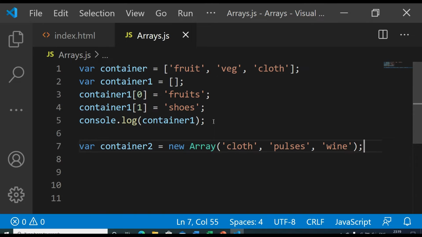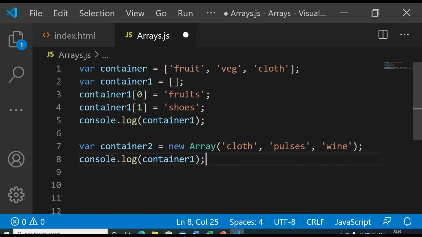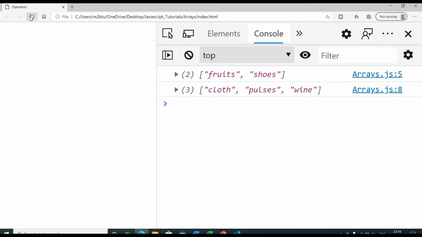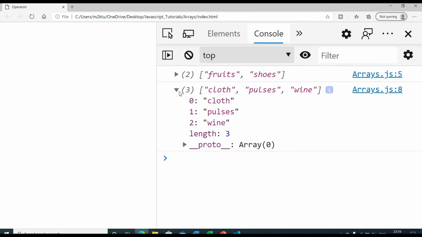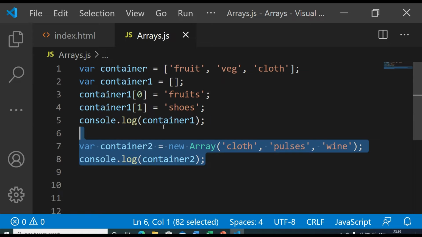So you can create it like this as well. Again, if you print this array, it will be fine. Here we go, we can see 3 items in this array. This is also a valid way, but most of the time we will be creating arrays the second way.